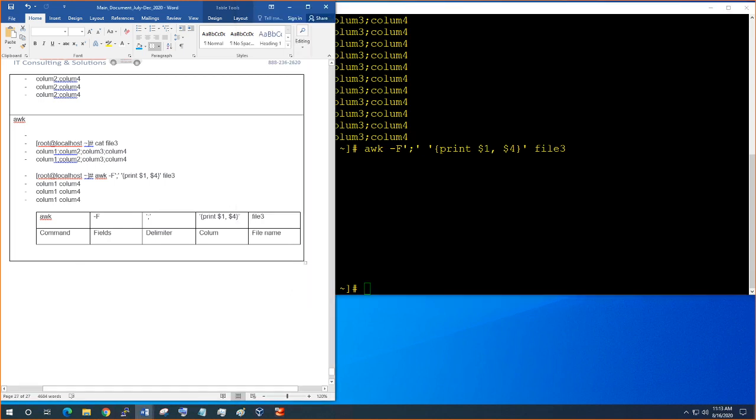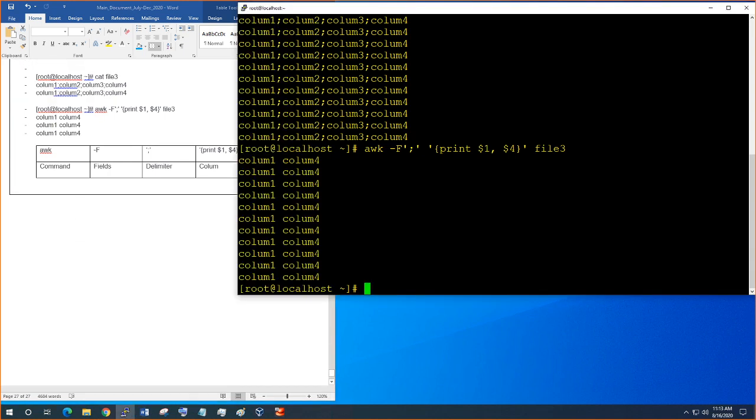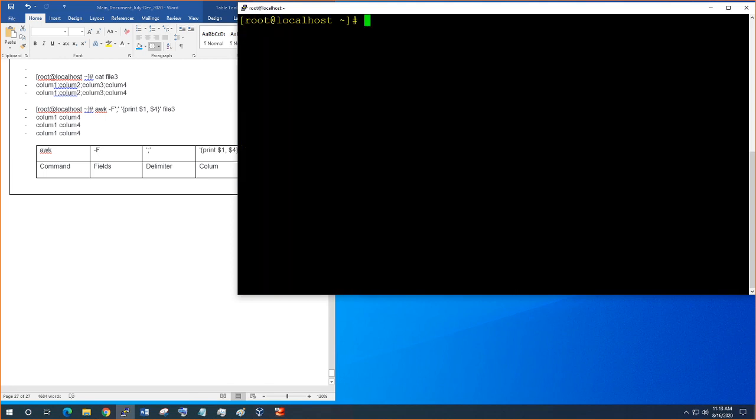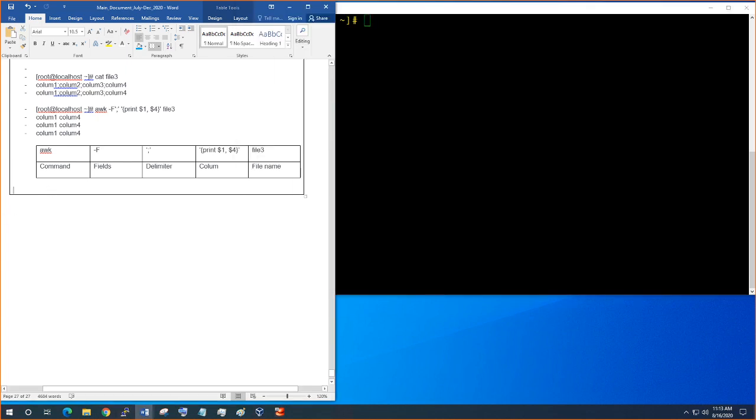Okay, so now the next command I'm going to show you is the execute command. There is an execute command you could use only with the find. Execute command. So this command works with,